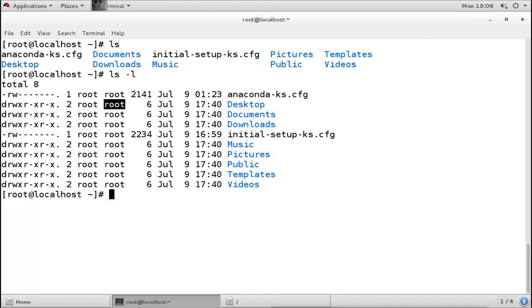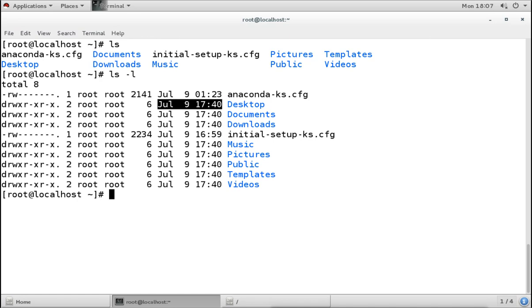Then we see here the size of the file, whatever the size of the file is. Then after that we see the date and time. This is the last modified date and time, or we can say the last creation time. So when the file is created, the time of creation will show there, and when the file is modified, it will show the time and date of that modification.